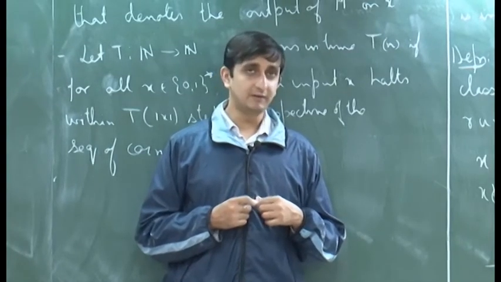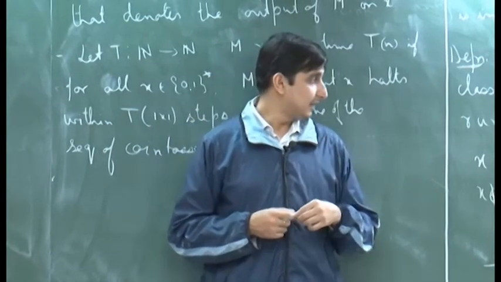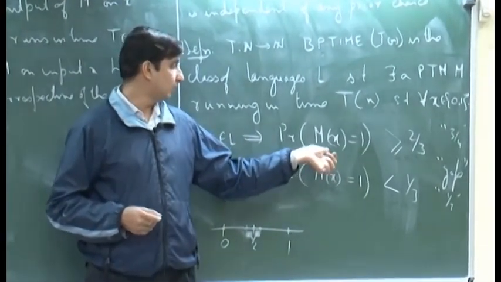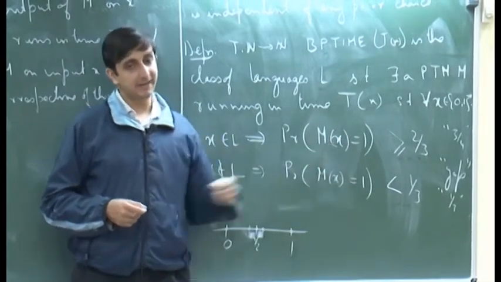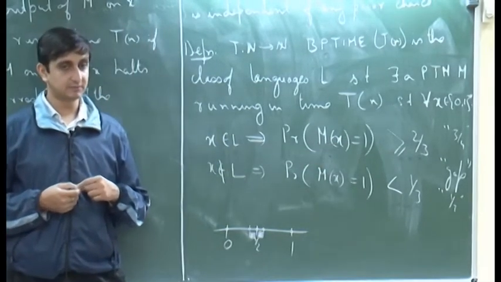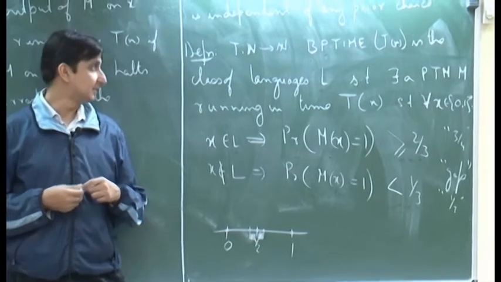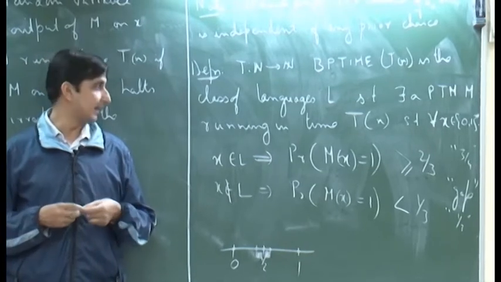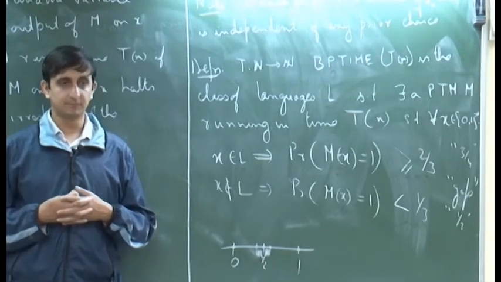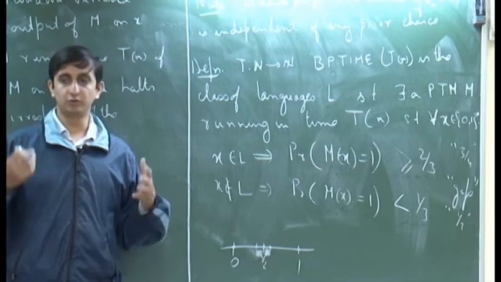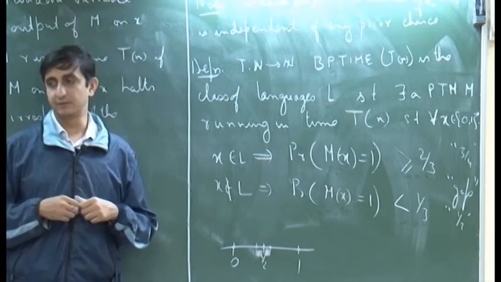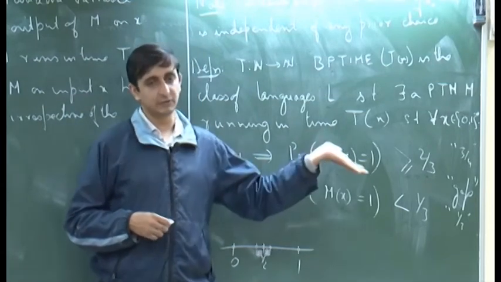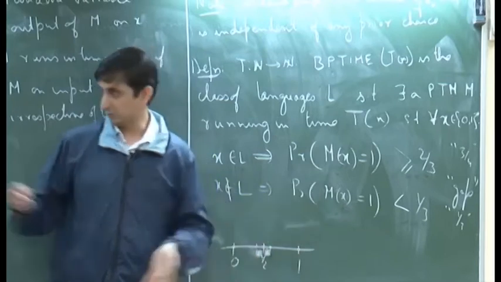The machine is not related to a sequence of coin tosses, but when you have an input that is fed to the machine and you look at the output of that machine on that input, that is with respect to a sequence of coin tosses. Let us say you have a machine which runs for t steps. Then you can have 2 to the power t possible outputs, for all 2 to the power t different sequences of coin tosses, and this probability is basically computed over all such choices.